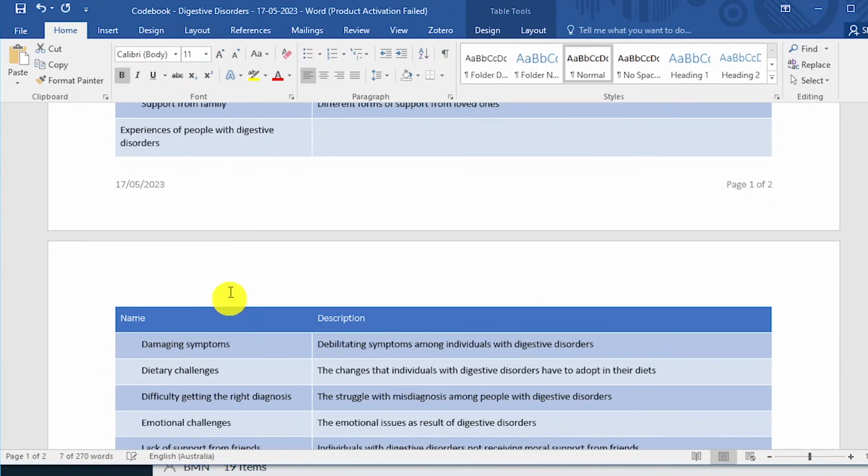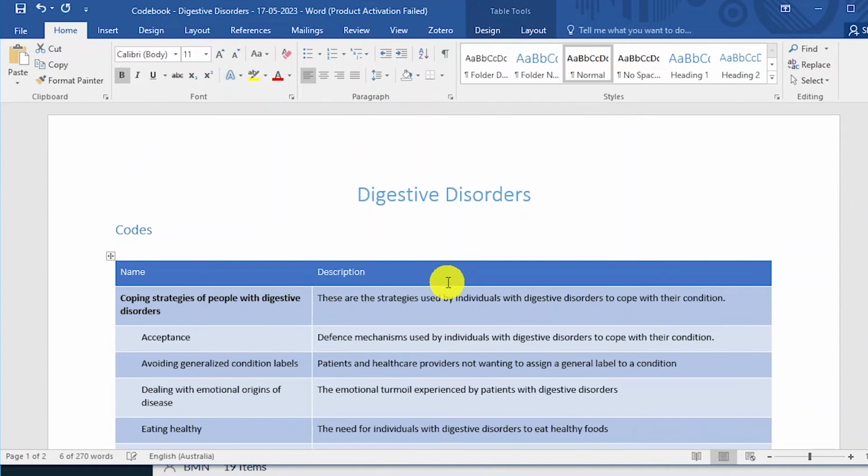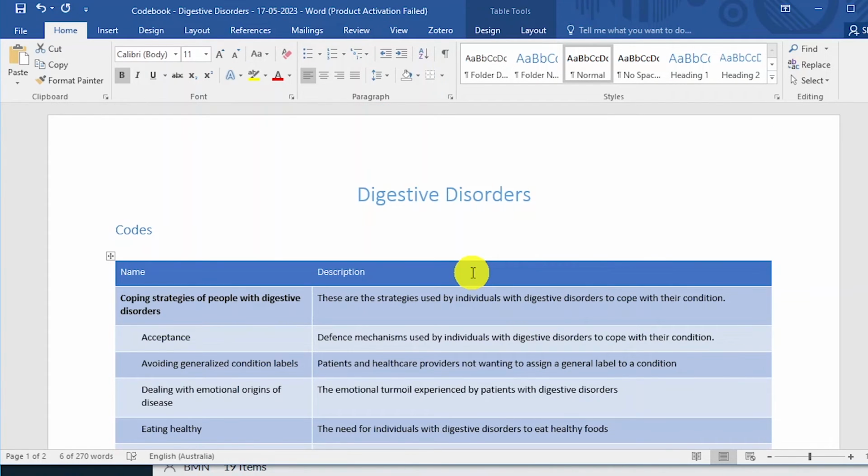You can put this in bold. These are the primary themes and the sub themes under them, and also a description of what every code or every sub-theme means. So, for example, acceptance, defense mechanisms used by individuals with digestive disorders to cope with their condition. The code book is a very important resource for writing your analysis, the discussion section of your thesis, research paper, or dissertation. You can use the code book for that purpose. I'm going to attach this code book on the appendix section of the final results report that I will generate